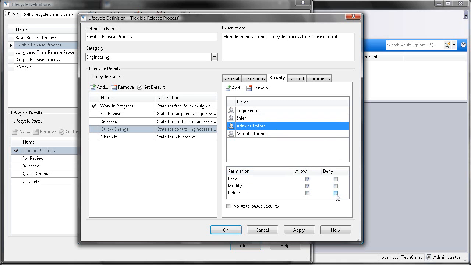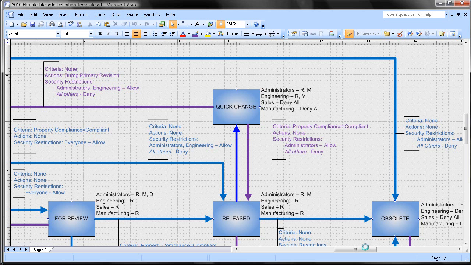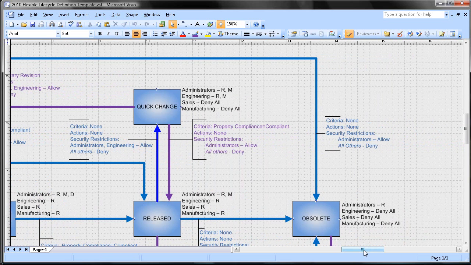So what we see is we've given the right access to files when they find themselves in the quick change. Later on we'll build some rules around the transition and who can actually move files in and out of the quick change. Finally, we have a state called obsolete, and it's in the obsolete state where files reach the end